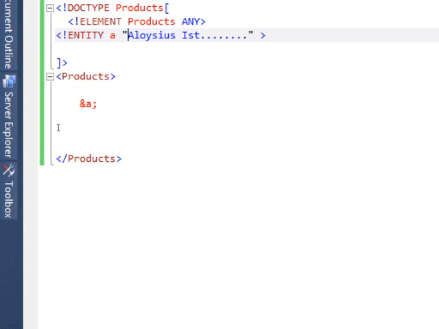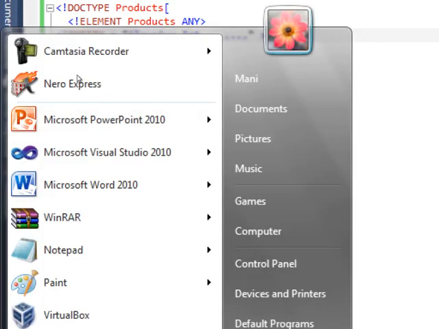If this symbol is used at 10 different places within my application, I don't have to go to each and every place and change it to Aloysius Institute of Management. I can make the change in one place, and it will be automatically reflected wherever this symbol appears. So if I now save this,